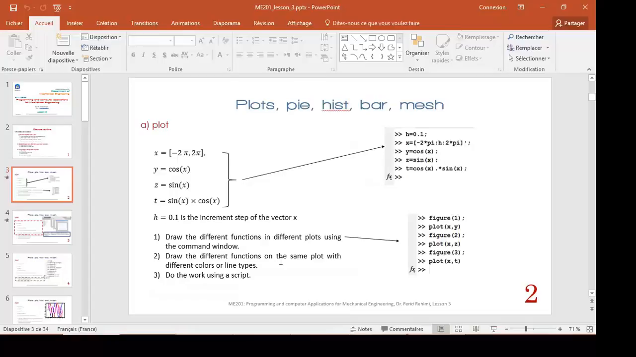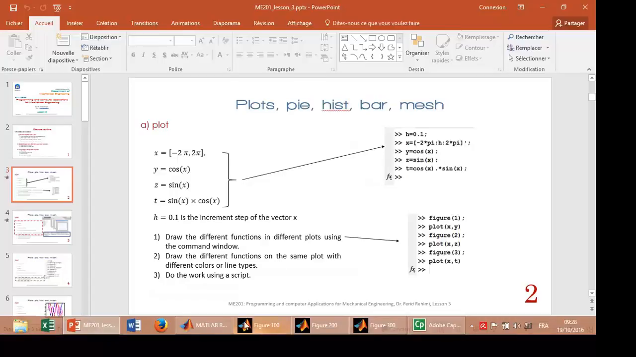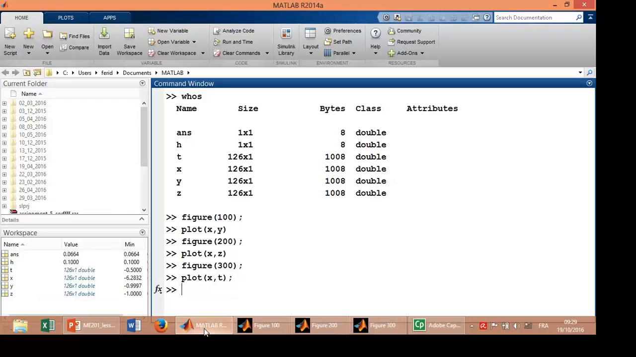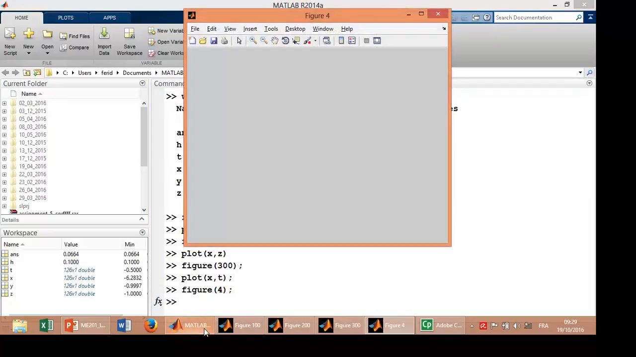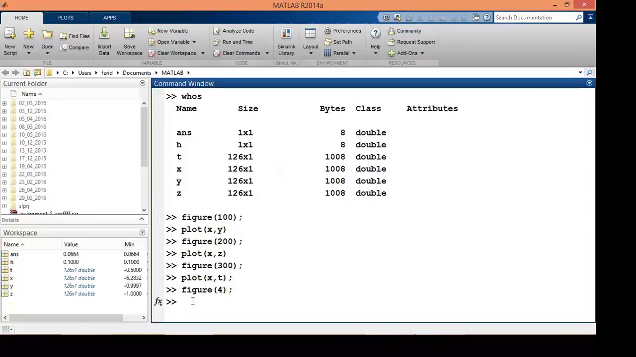Okay? I will define a new plot. I will give it a number 4, figure 4 or 400, since we are doing the things in hundreds. I can write figure 4, there is no problem. In this figure 4, I will try to draw my functions one by one. I can do this one by one, or I can do this in one block. Okay, so if I come and I plot x and y in this figure 4,